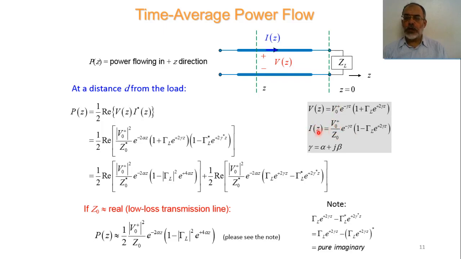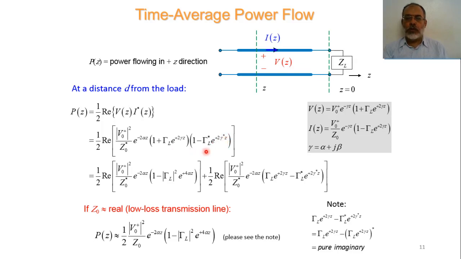By taking the conjugate of the current and multiplying it by the voltage at any point Z, we can obtain V multiplied by I conjugate as the magnitude of V naught plus squared over Z naught conjugate, multiplied by e to the power minus 2 alpha Z, one from this exponential term and the other from the other exponential term, multiplied by 1 plus gamma L e to the power 2 gamma Z, the first term, multiplied by 1 minus gamma L conjugate,